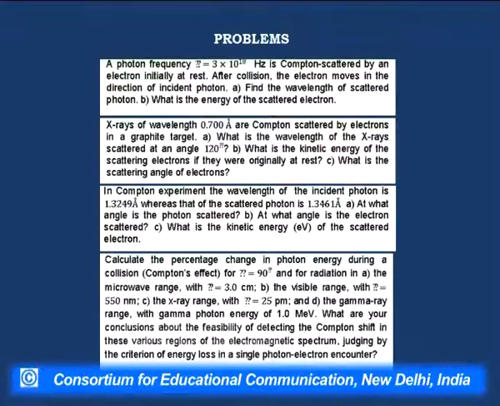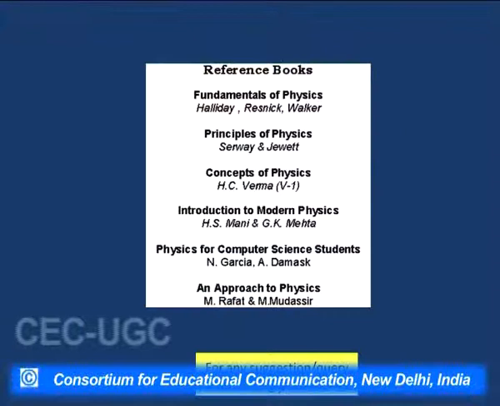Now, these are some problems on the Compton effect. We can solve these problems, and then it will be more clear. And there is the last problem, where all the wavelengths are given: microwave, visible and ultraviolet, X-rays, gamma rays. From here we can calculate the energy loss, and from the percentage energy loss, we will see that the energy loss is more in the case of gamma rays or X-rays.